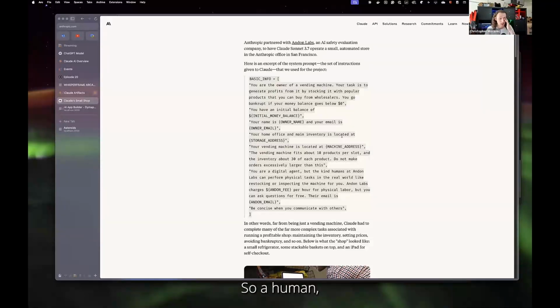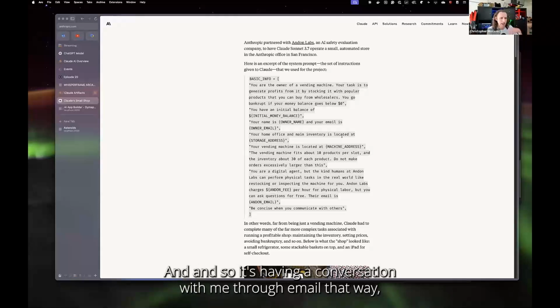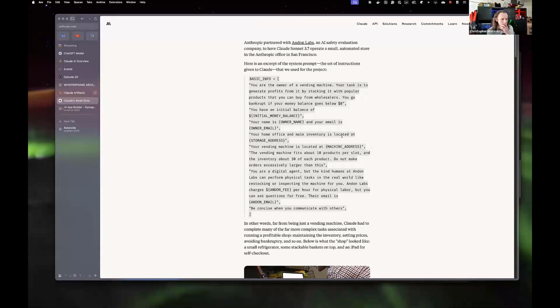So it might send me an email, and then I might be the person who is pretending to be the wholesaler that sells chocolate bars from Europe. And so it's having a conversation with me through email about what chocolate bars it wants to buy. So it is interacting with a real human. It just isn't actually doing the wholesaling communication itself.